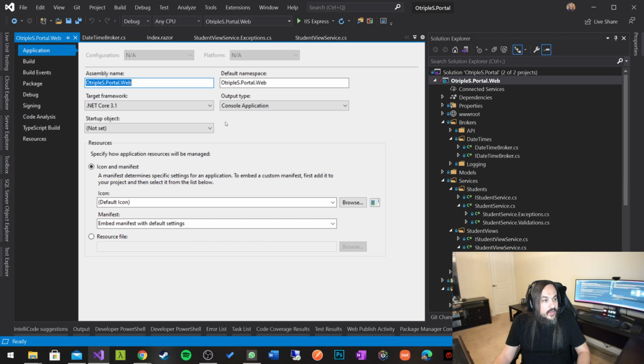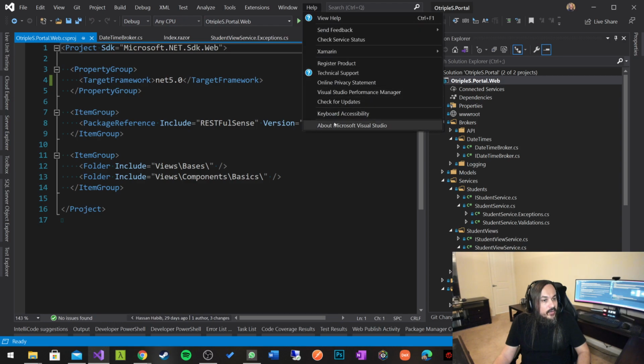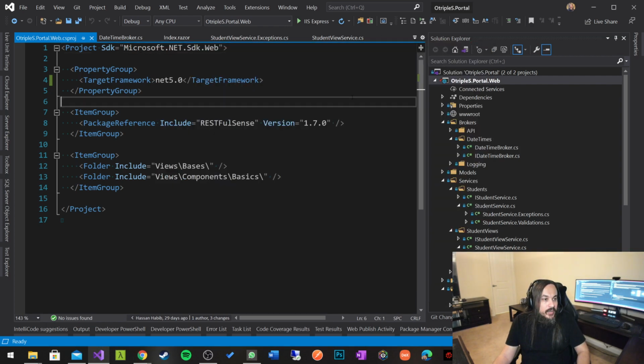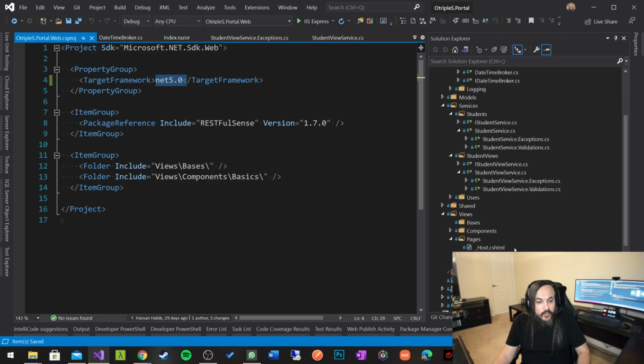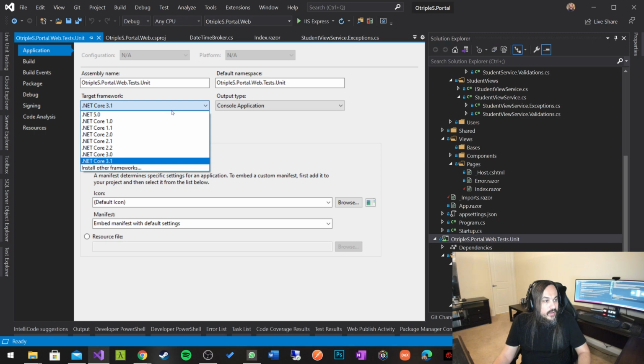Just for funsies, let's upgrade this to .NET 5. In order for you to be able to use .NET 5, please make sure that you are using a more recent version of Visual Studio. In this instance here, 16.8. Anything after that is great. Download it, get it, and make sure that you install .NET 5. So this is .NET 5 for this one, and this one should blow up because this one also needs to be in .NET 5. So here's this guy here,